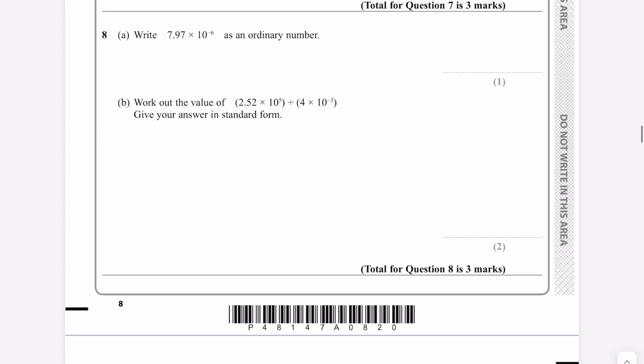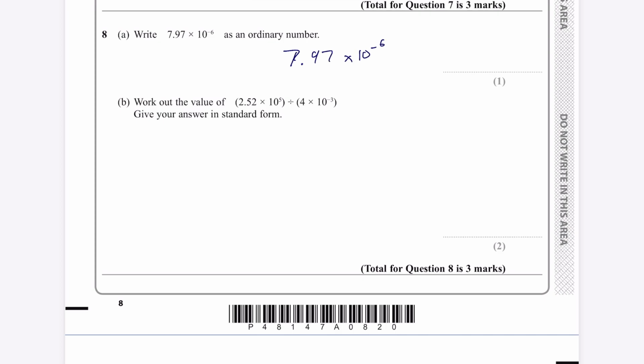Next question. Write 7.97 times 10 to the minus 6 as an ordinary number. Let me just write that out: 7.97 times 10 to the power of minus 6. All the minus 6 is saying is hop the decimal to the left 6 times because it's negative. So to the left, 1, 2, 3, 4, 5, 6. So the decimal goes there, so that's 1, 2, 3, 4, 5, 0. So the answer is